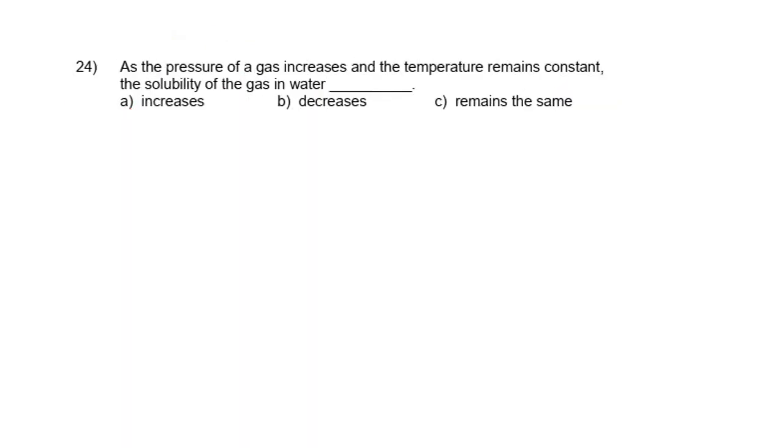Last question. This was really a review from back in solutions, so you're not going to see this on the test, but it does help to go over this stuff because chemistry is cumulative. As the pressure of a gas increases, the temperature remains constant. What happens to the solubility? So remember, gases are most soluble at low temperature and high pressure. Think about soda, right? How do you like your soda? You like your soda cold, and it's stored under pressure to keep that gas dissolved. So as the pressure of a gas increases and the temperature remains constant, solubility increases.